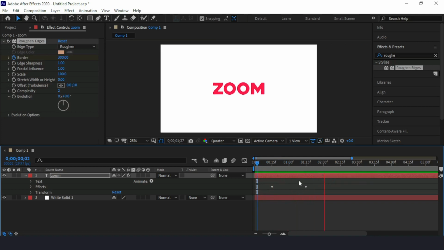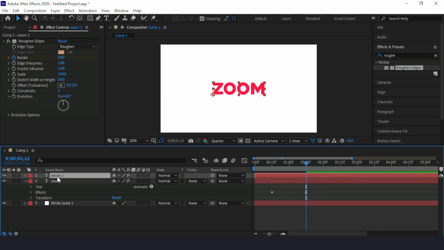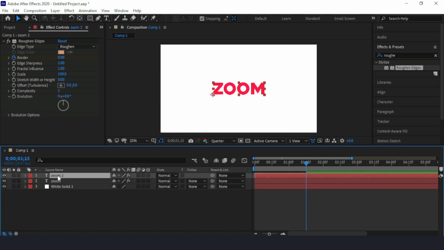So like so. Now the next step is to duplicate our text layer. So I'll be duplicating our text layer by pressing Ctrl D. Now the next effect we are going to add is